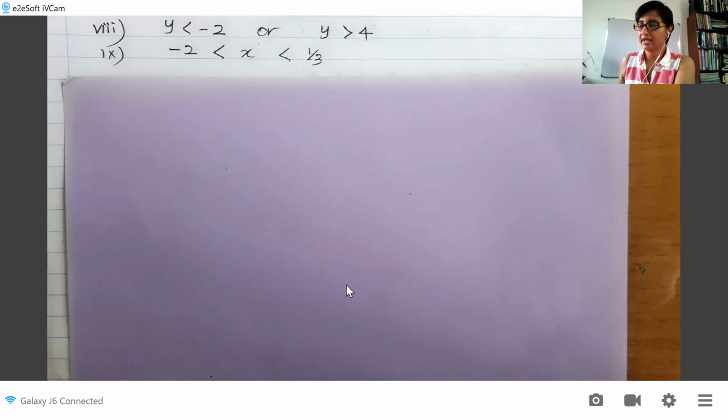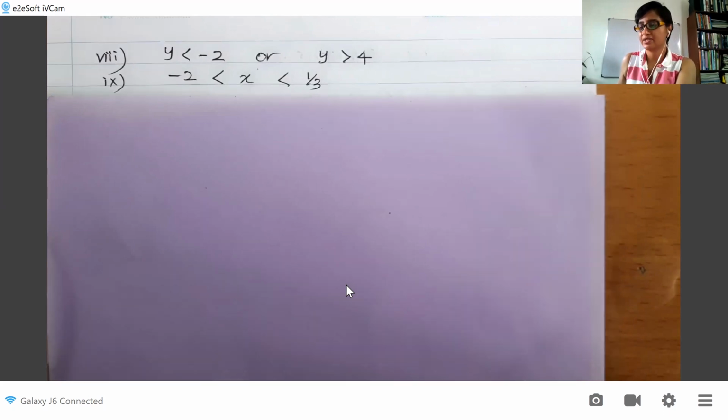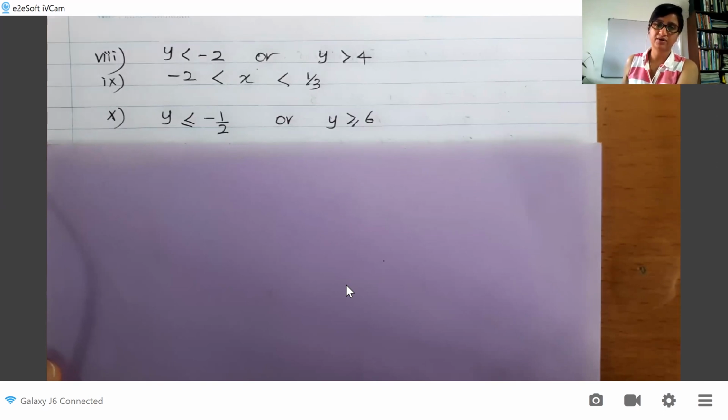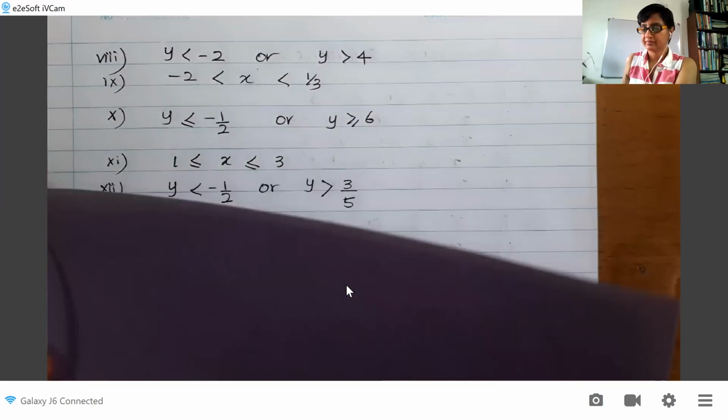Right. Then let's quickly finish this off. Number 9, x is between -2 and 1/3. Number 10, 2 separate regions. Y is less than or equal to -12, or y is greater than or equal to 6. Don't forget the equal sign. Make sure you have put the equal sign there. Y is less than or equal to -12, or y is greater than or equal to 6. Number 11, one region, x is between 1 and 3, including 1 and 3. And the last one,